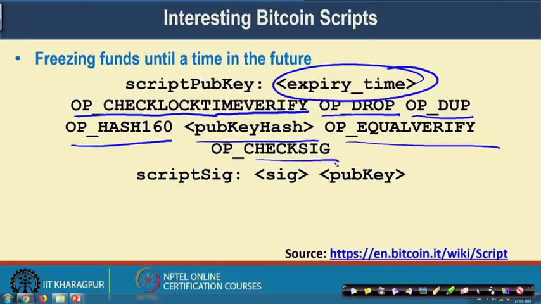The normal script will execute, and the intended participant will be able to use that fund in future. So this script ensures that the Bitcoin that has been transferred will remain unusable for a certain duration. It is like you have transferred certain Bitcoin, but you do not want the user to be able to use that Bitcoin, say for 3 days, and you can embed that inside this kind of script.